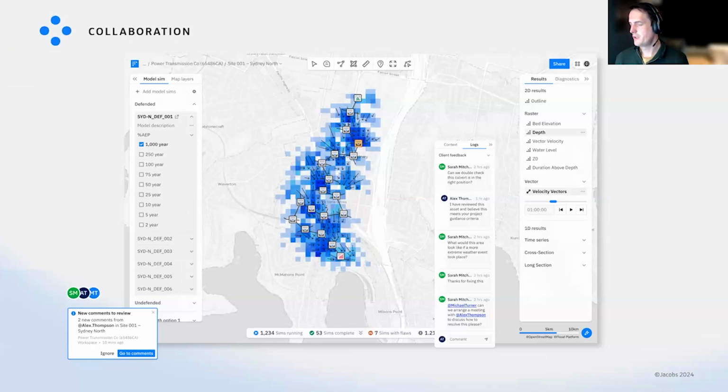So it's really hard to review models and get feedback. There's nothing worse than getting an email with hundreds of bullet points in it. What we want to make that is a nice collaborative process. So when you look at these flood outlines, maybe you can add spatial comments. You can say, oh, I don't believe the flooding here, or this isn't correct.